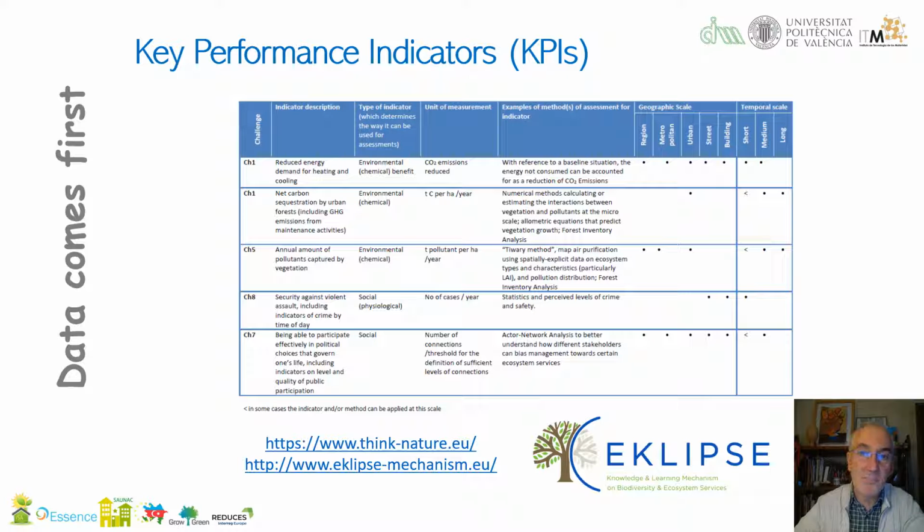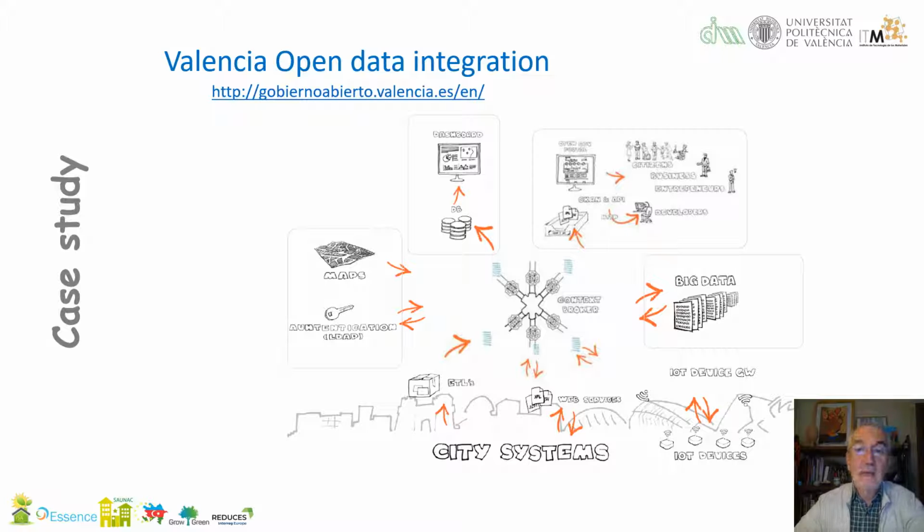Eclipse comes from a European project where different stakeholders within Europe, including universities, cities, and many other participants, decided on what are the main measurements to take to monitor and how to aggregate them into key performance indicators related to natural development in most cases. An example of the aggregation of all this information has been done in the city of Valencia.